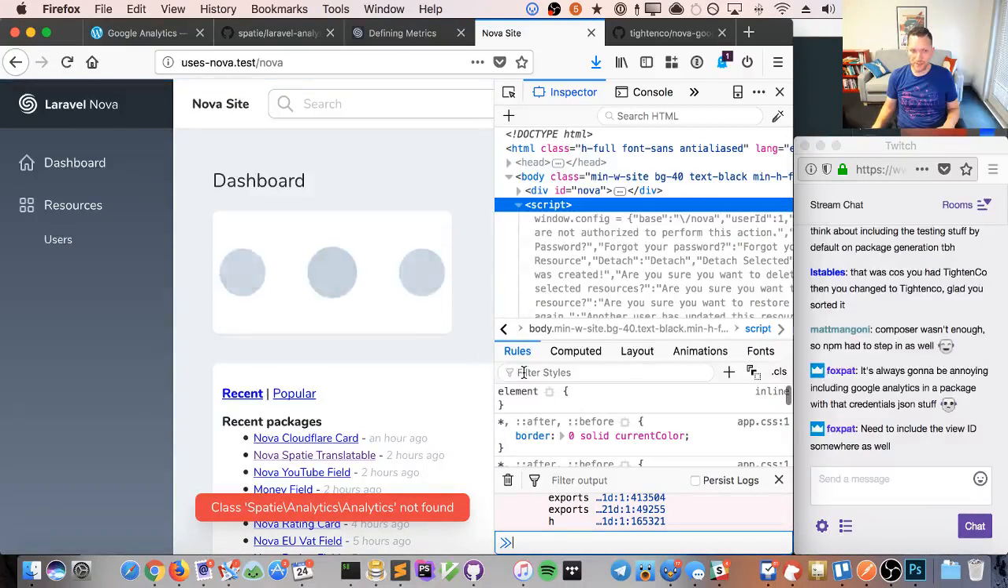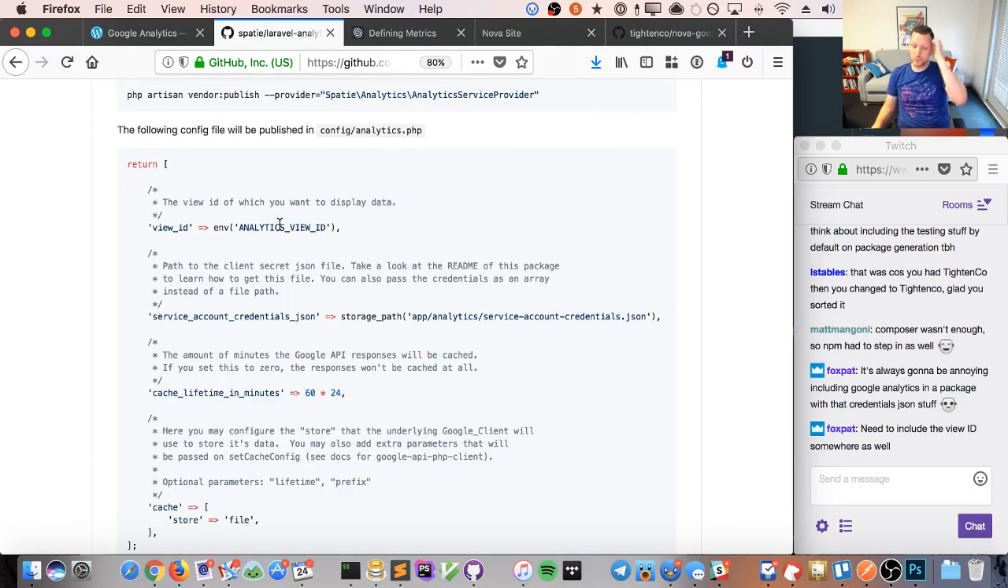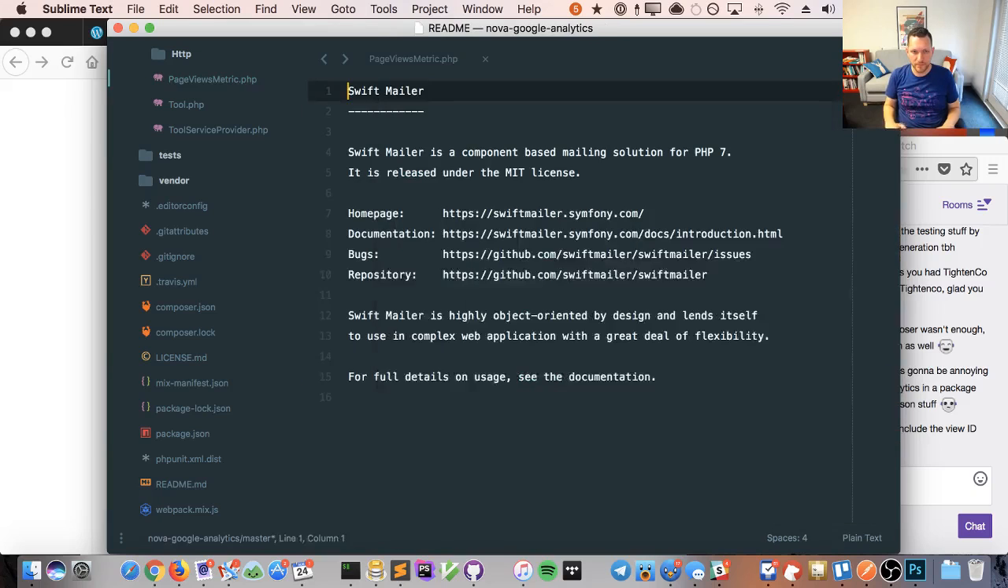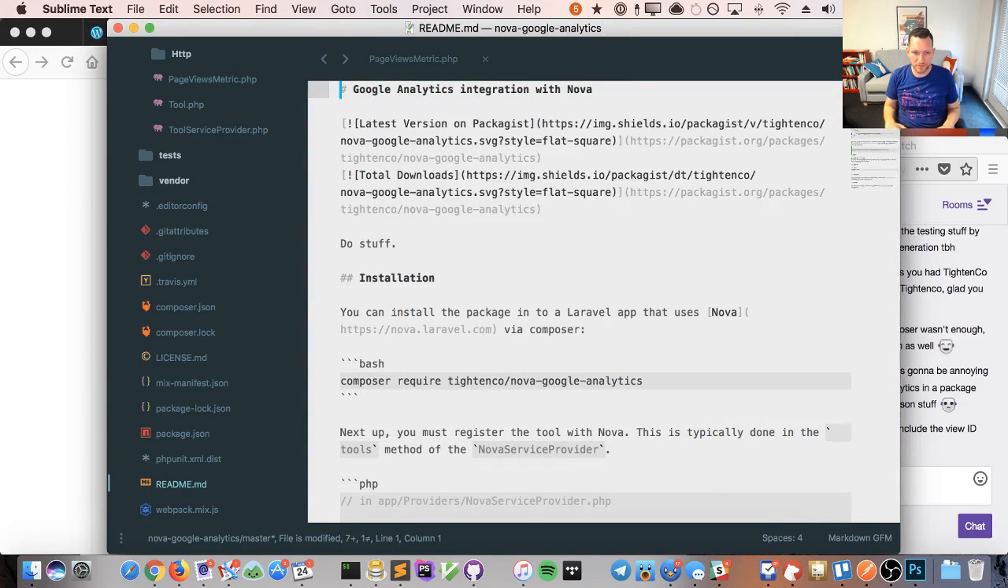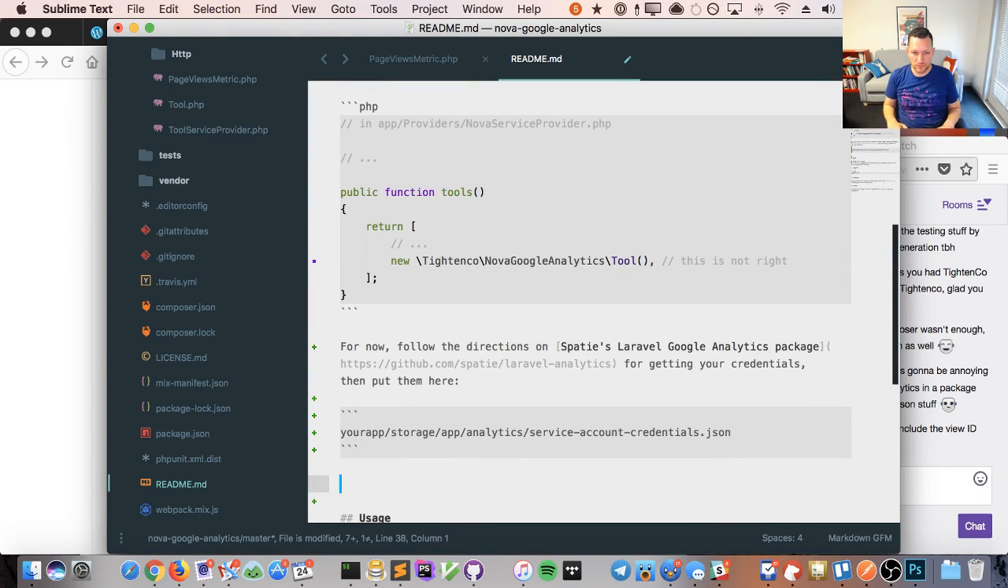Need to include the view ID somewhere as well. Yep, he did mention that in his instructions. Thank you. Ooh. Okay, so it's an environment variable, so for now we'll just tell them to set it up there. Can you give me a view ID that's going to work for yours? Also add this to the